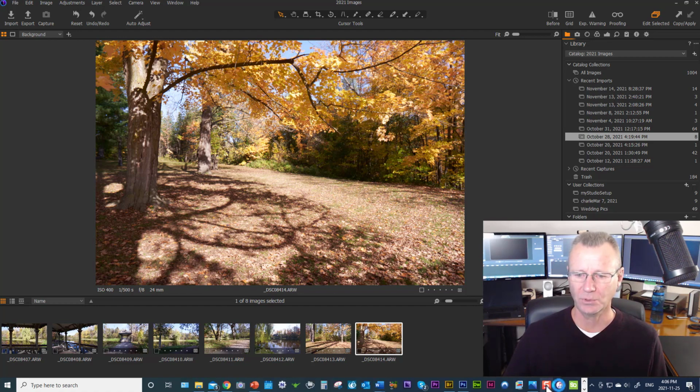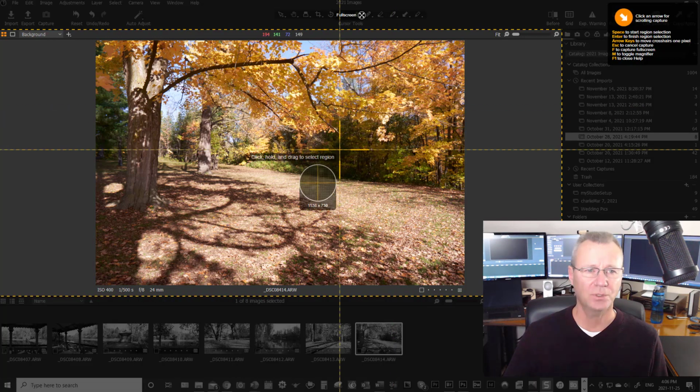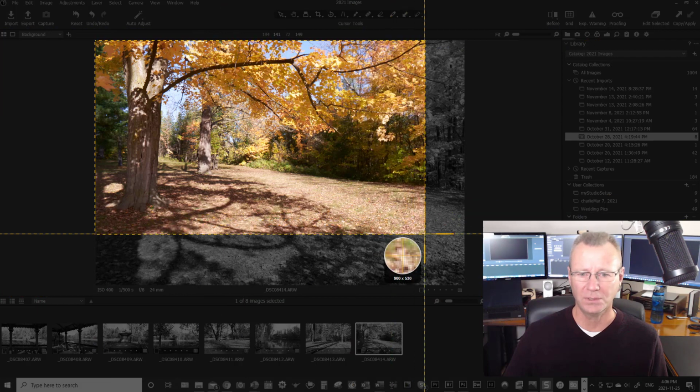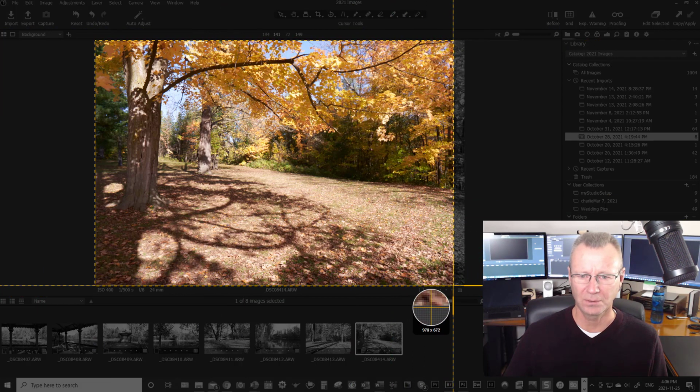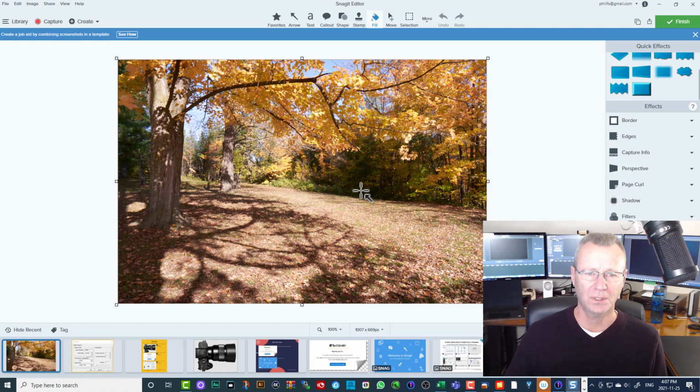I've got a copy on my machine here. And so I thought we'll just open it up. And I'm going to show you this thing here. So I've got it set to select a region. And I'm just going to hit capture. And then basically, you just come over with the crosshairs and you drag across, and I don't think Snagit is really anything new. I've used it a number of times over the years,